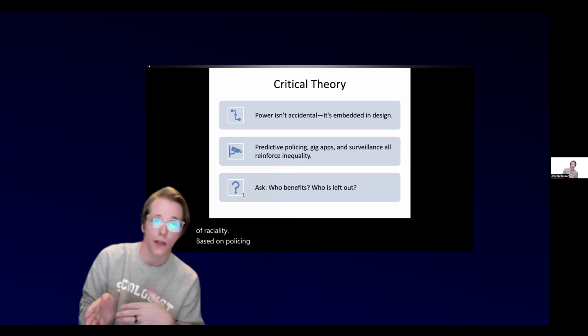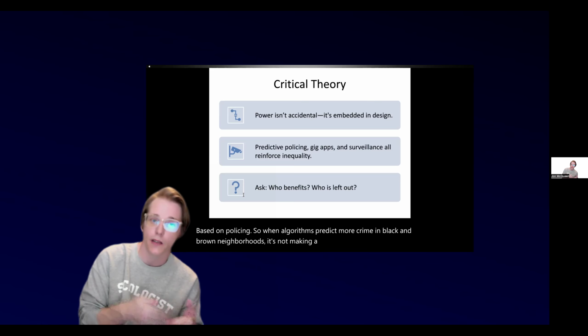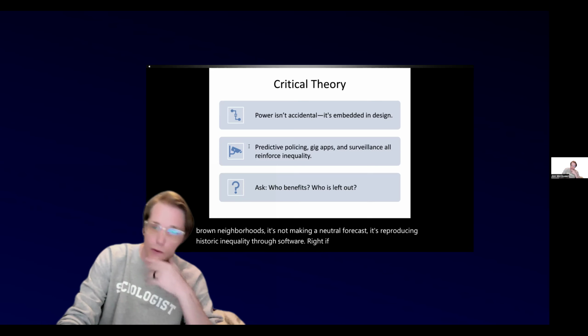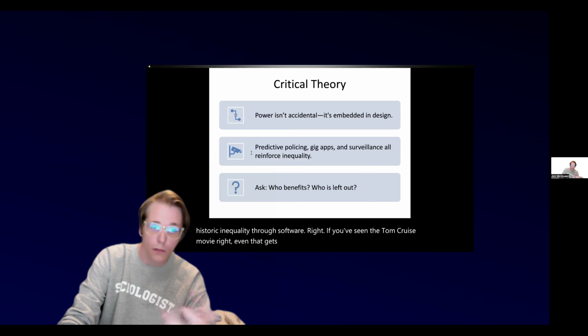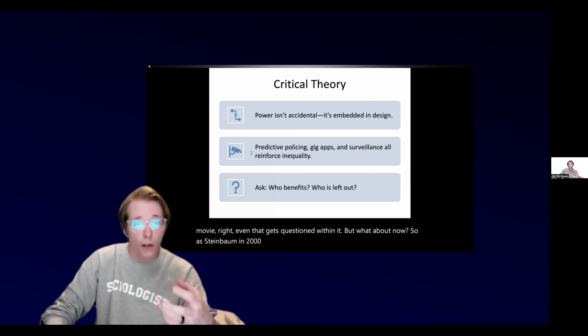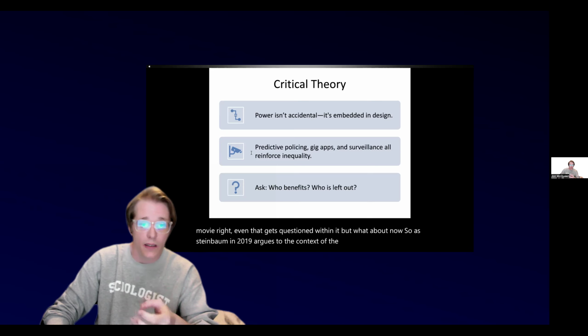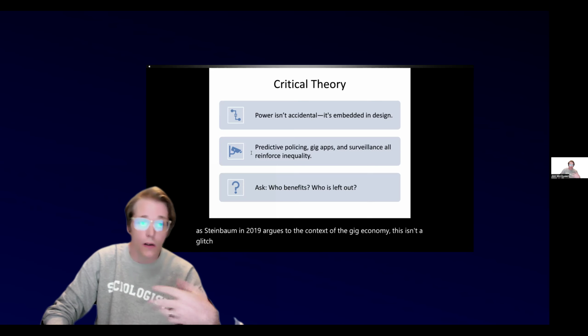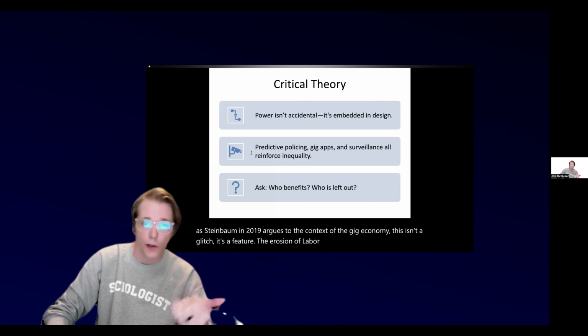So when algorithms predict more crime in Black and brown neighborhoods, it's not making a neutral forecast, it's reproducing historic inequality through software, right? If you've seen the Tom Cruise movie, even that gets questioned within it. But what about now? As Steinbaum argues in 2019 in the context of the gig economy, this isn't a glitch, it's a feature. The erosion of labor protections on platforms like Uber and Amazon